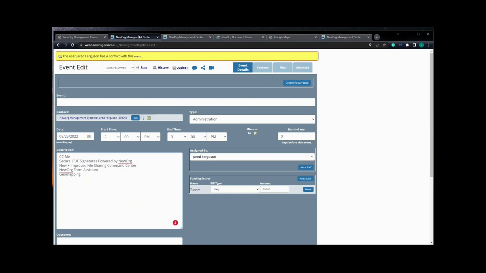At the very top of your event details tab, we have the share icon in the middle next to the message center and the video conference icon. If in your system you do not see the file sharing feature or the share button on event details, just let us know. We'll go ahead and enable that feature for you so you can give it a try. Within file sharing,